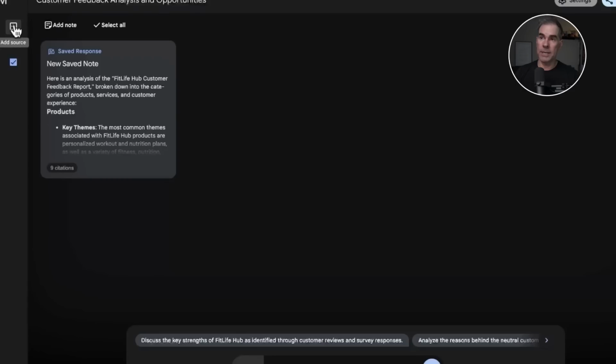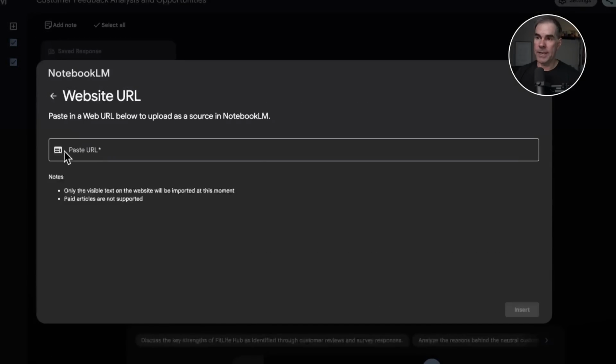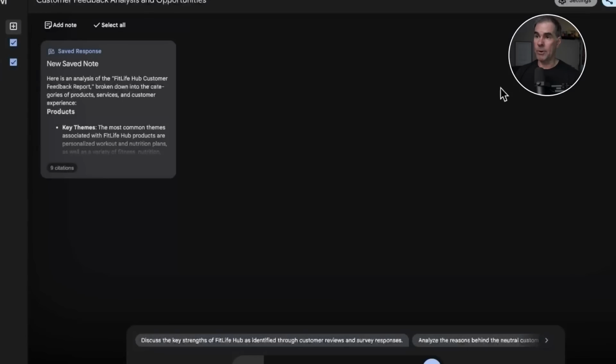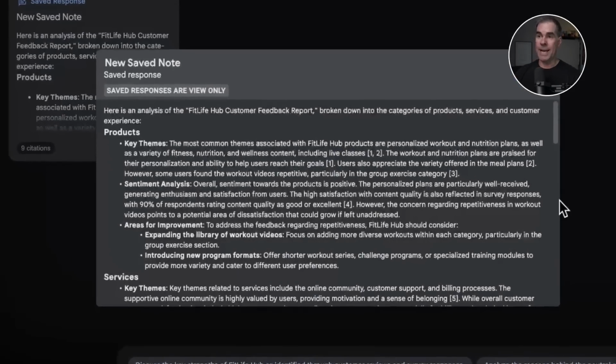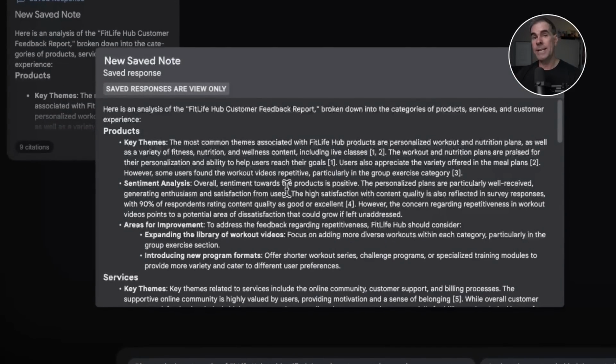You can also connect to, let's just say that you have a page with reviews on it of a product that you're selling or what have you. You can come over here, go to website, and paste the URL where those reviews live and bring them right into NotebookLM. And then you can ask NotebookLM to do an analysis of all of that feedback and point out gaps or opportunities that exist to improve